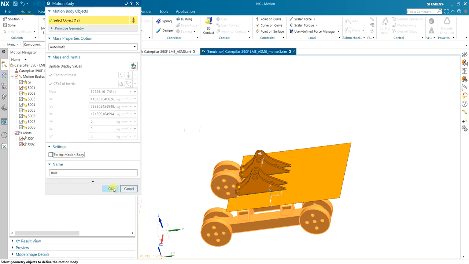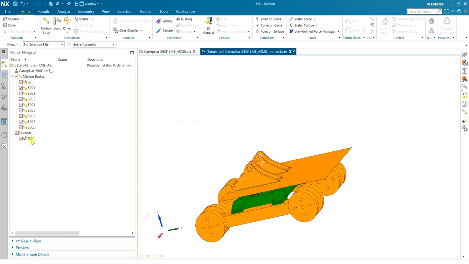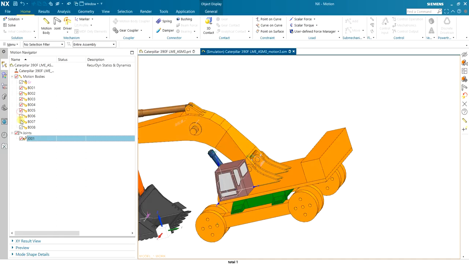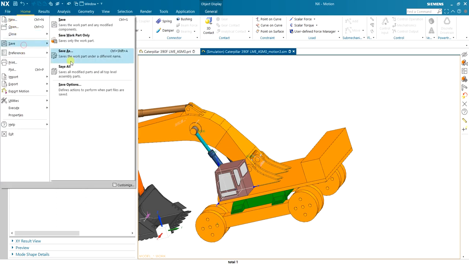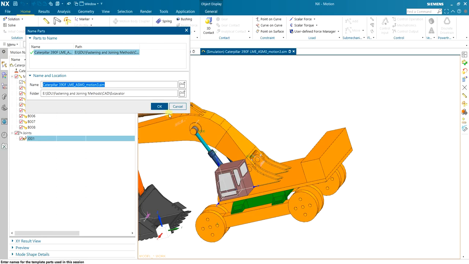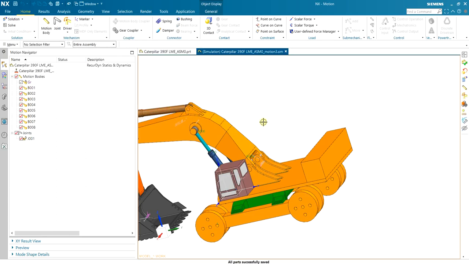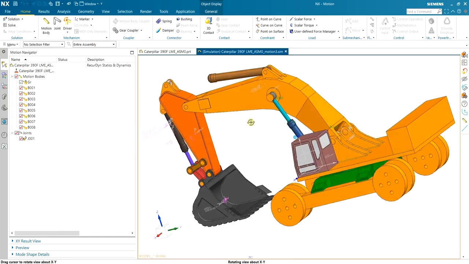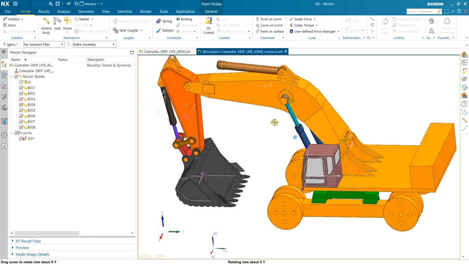We need to unfix it. And we have only one joint, which is for the ground. We can save here. And then